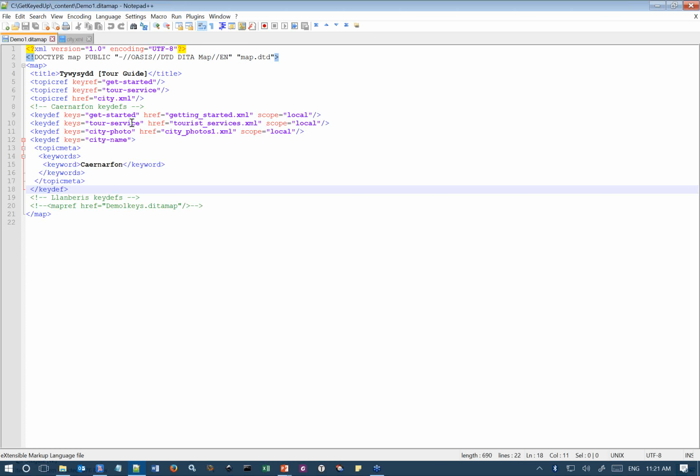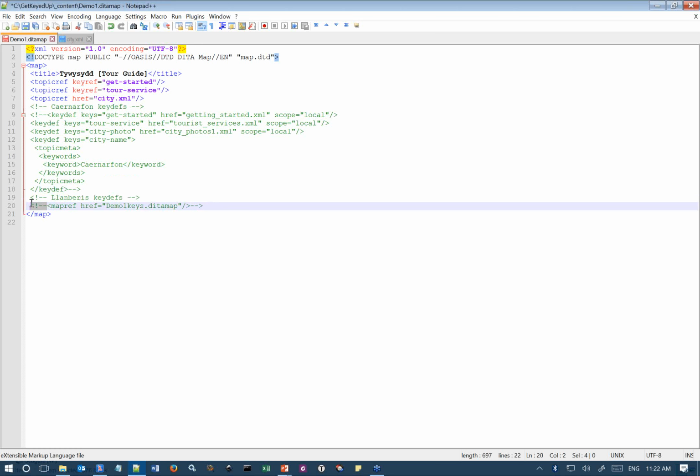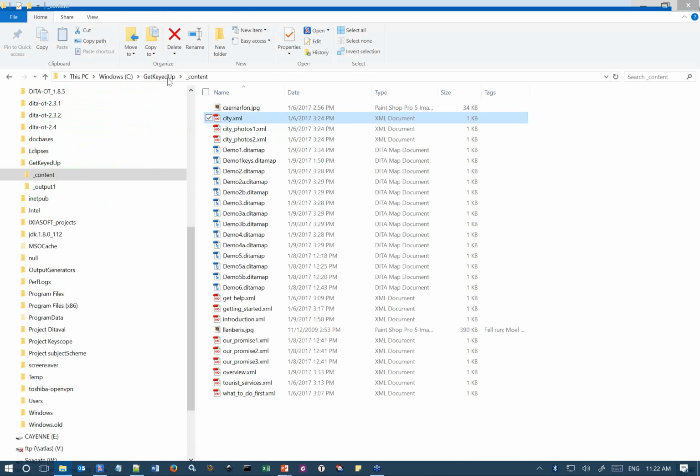So I'm not going to go any farther with that. It's just pointing out that there are different levels at which you can define your keys. And if I comment out all of these keys, and uncomment the reference to this map of keys for Llanberis, and redo this output,